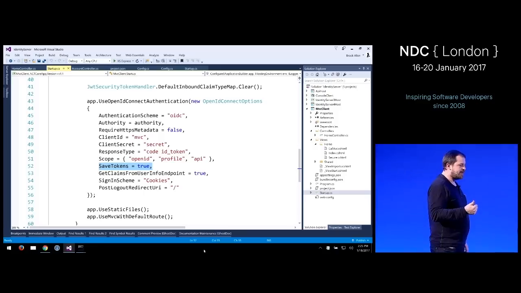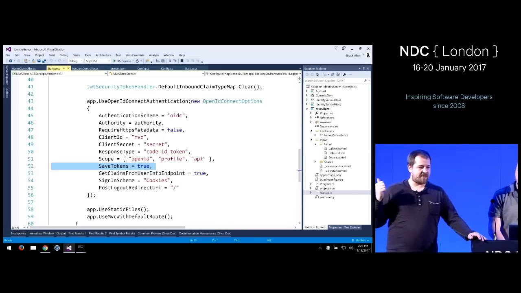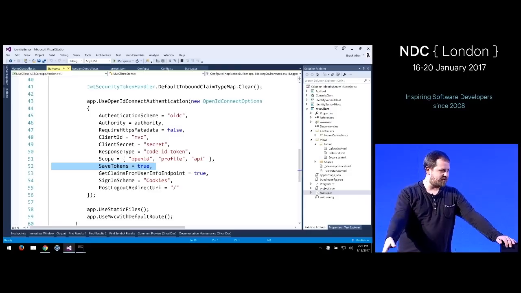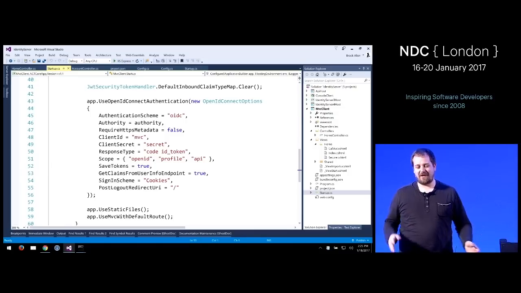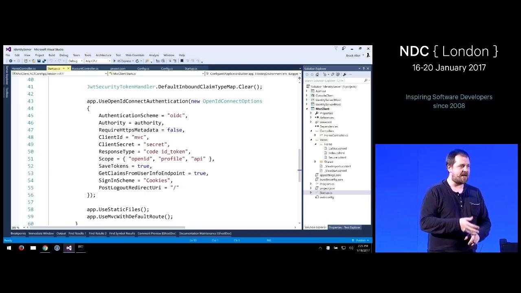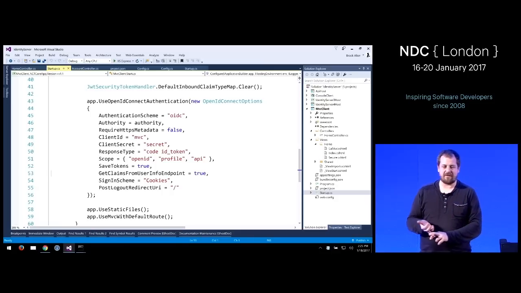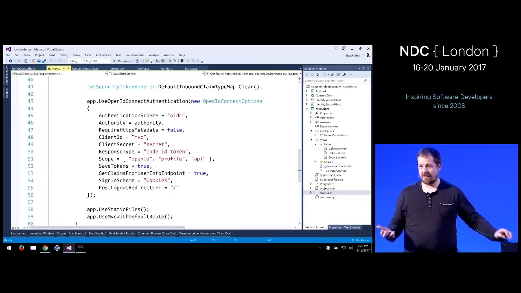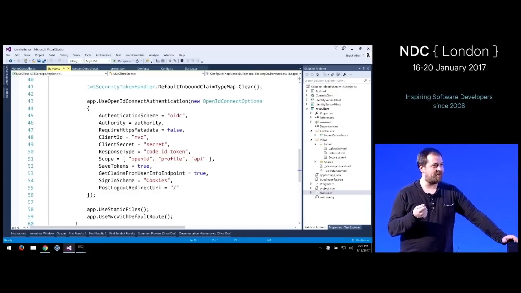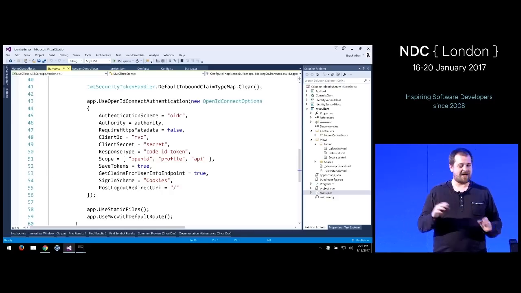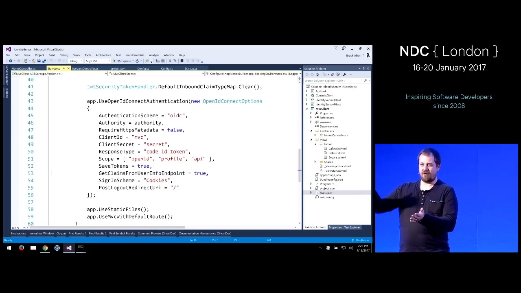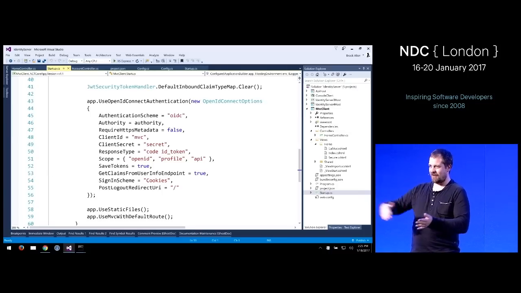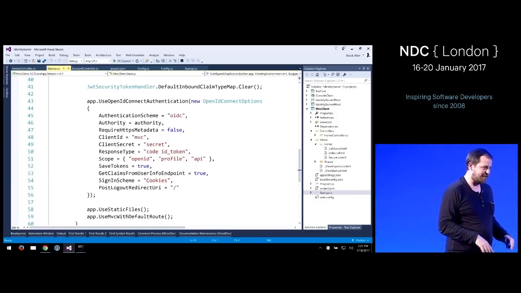So there is a SaveTokens option. SaveTokens by default basically just takes the tokens coming back from IdentityServer and stores them in your cookie. To be honest, that's not a really good idea. It's a very convenient, demo-friendly feature. But if you store the identity token and the access token and maybe the refresh token in there, your cookie becomes pretty big very quickly. And they are kind of masking that problem with a clever cookie middleware that, once the cookie gets bigger than 4 kilobytes, which is the allowed upper limit, overflows into a second cookie, into a third cookie, into a fourth cookie, until basically there are no more cookies left.